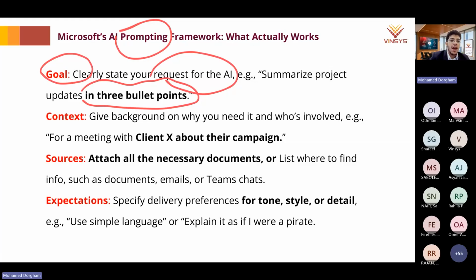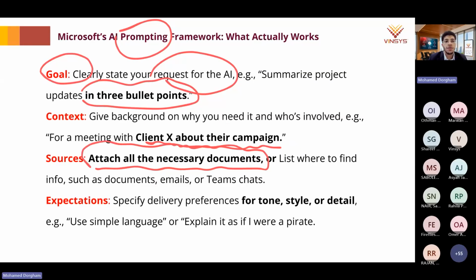Next, give it enough context, give it a background, give it more information about the thing you're looking for, whether it's a meeting with a client, or a meeting with someone, or this summary or this project is for something. In addition to that, always attach all the necessary documents.